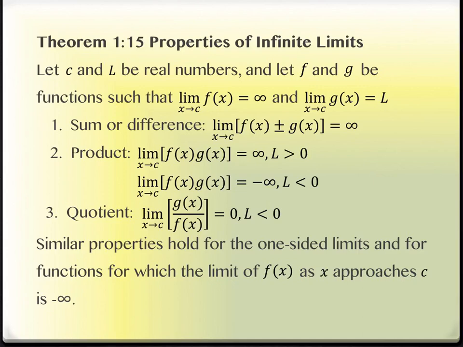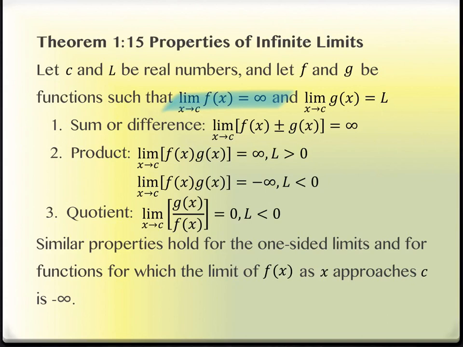So this tells us that C and L are real numbers, f and g are functions, and we have the limit of f of x is infinity, and the limit of g of x is L. So those are different pieces. Before, right here, I wouldn't have had an infinity. I would have had one of them is L and one of them is K. They were both numbers. So at this point now, one of them is an infinite limit, the other one's finite. So the first one's saying, what happens when we add something that's infinite and something that's finite, or subtract something that's infinite and something that's finite? Well, if you have infinity plus a number or infinity minus a number, what's it equal? It's infinity. Infinity is bigger than any of those values.